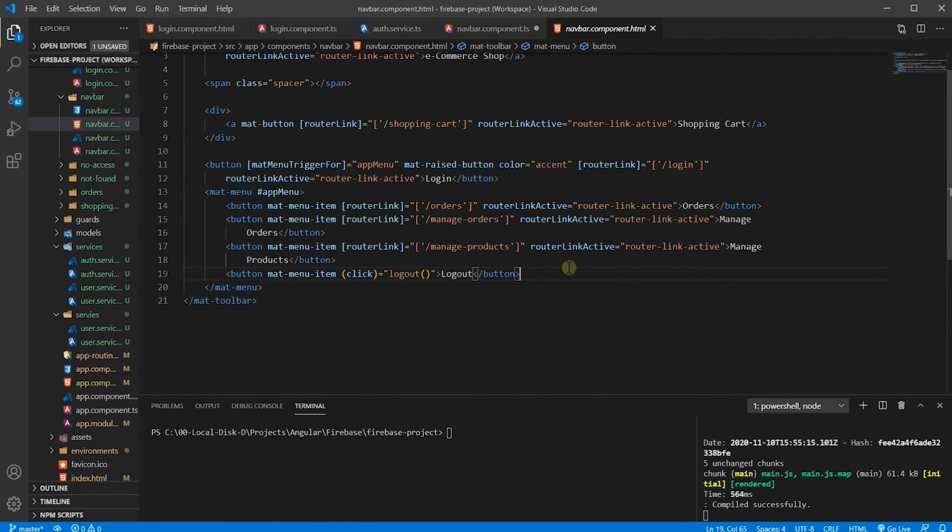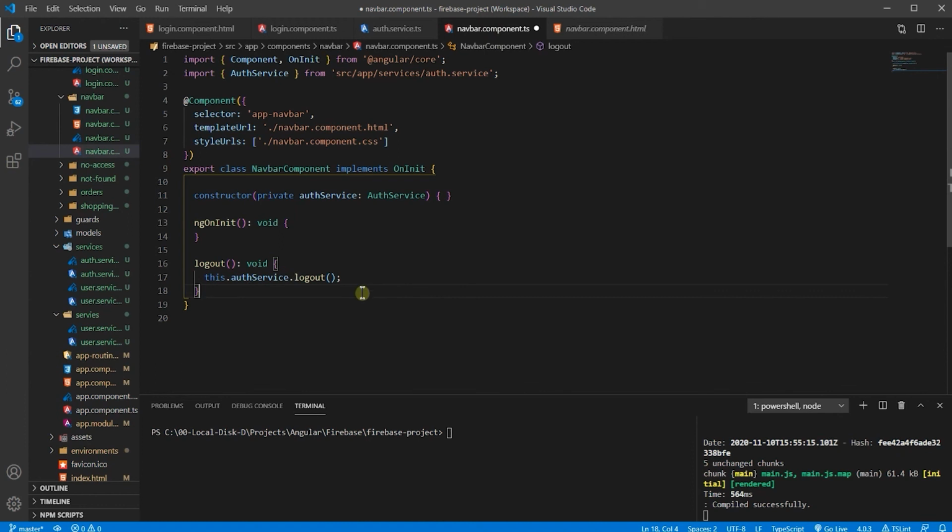The reason is because we are not sure if the user hits this button and then we navigate them to home, we are not sure if this logout was performed properly. So after this logout method that comes from auth service, we are sure here that the logout process was executed